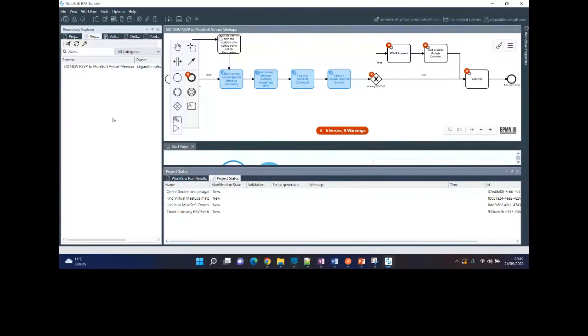So this builder, RPA builder, is tied up with your RPA manager. Once you have created the design there, you should be able to import that design here, or automatically see it from the repository itself. It will be visible here, and once it is visible, you should be able to take that and do the implementation or build on that design.